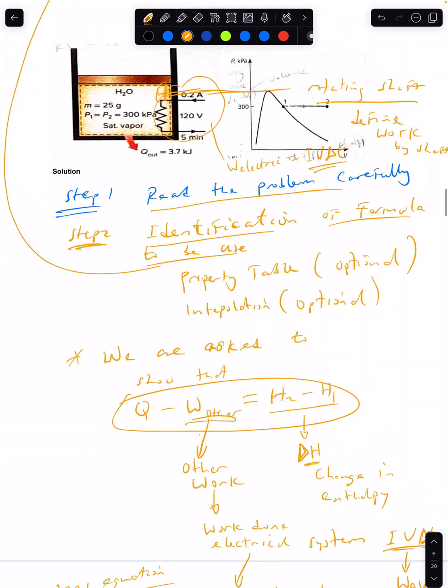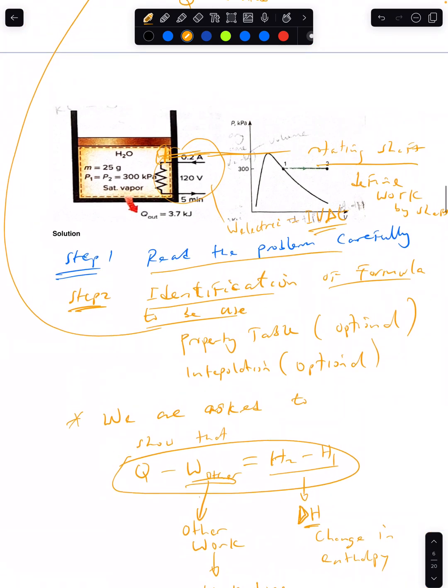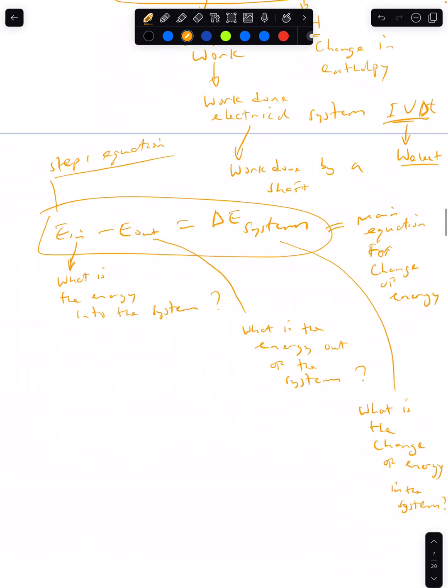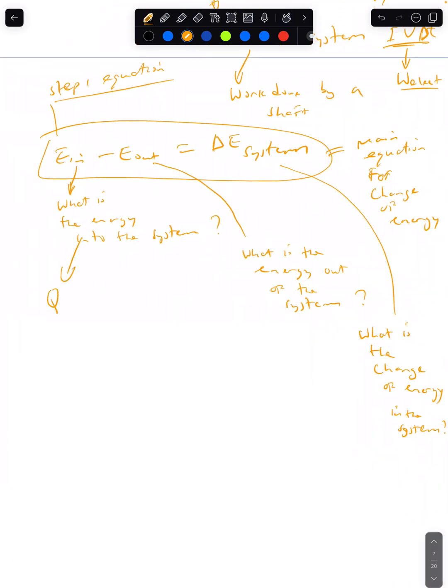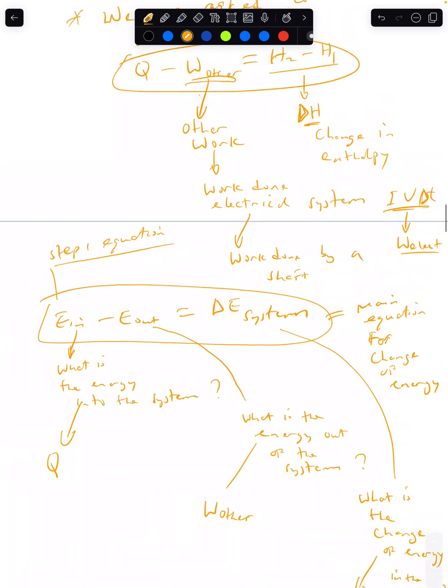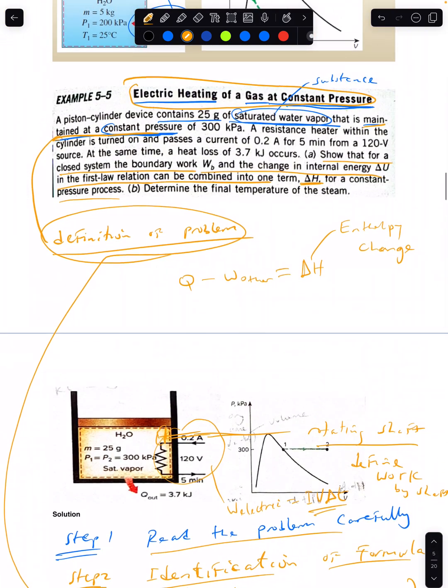And I ask you to look at this question and tell me, the energy into the system, it is seen as form of what? As form of heat into the system. So we have this is equal to what? Q. And then this is equal to what? Work done by other system, and then this we can see that based on the question,